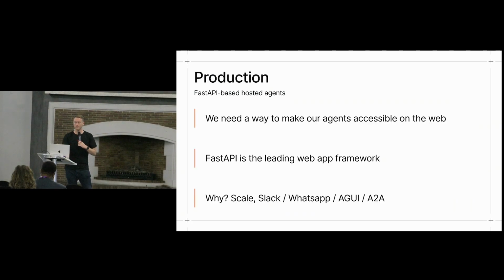All right. So now we want to take all of this to production. We want to scale this up, make it actually useful, productive software. So a way to make agents accessible on the web is to put them behind a web server. There's obviously multiple web servers available. FastAPI has grown tremendously in popularity.